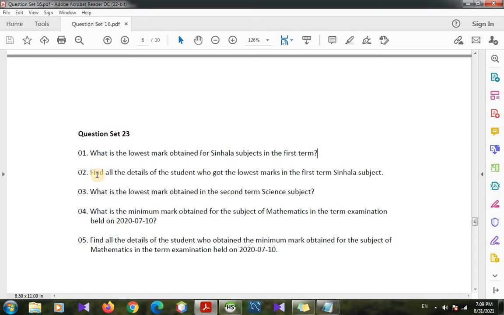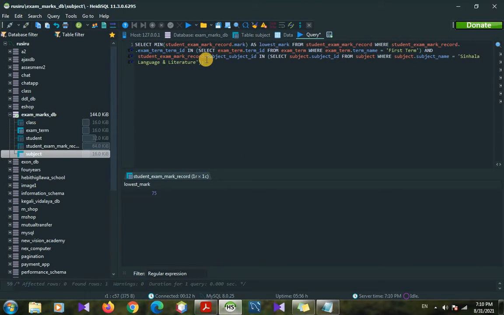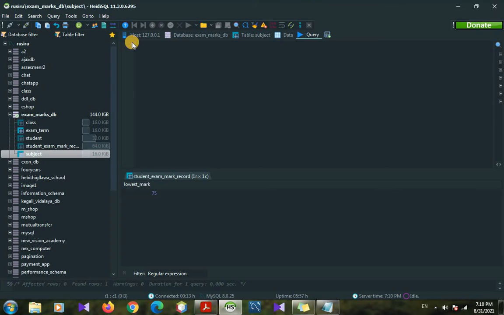Next we go to the second question. It's asking to find all the details of the student who got the lowest mark in the first term Sinhala subject. So we go to the query tab and remove all of this. Next we type a query to take all the student details.